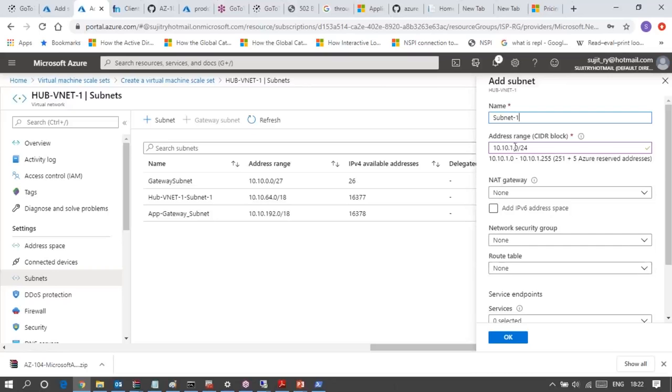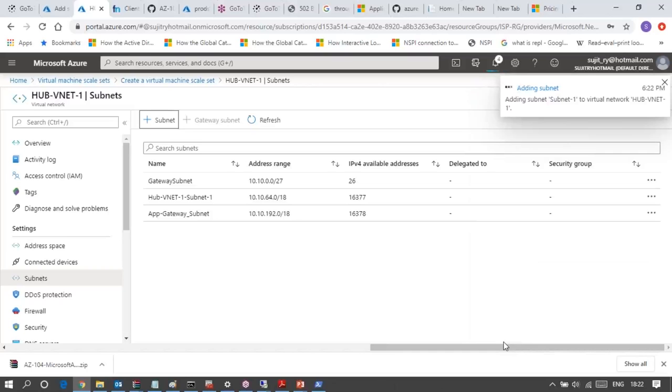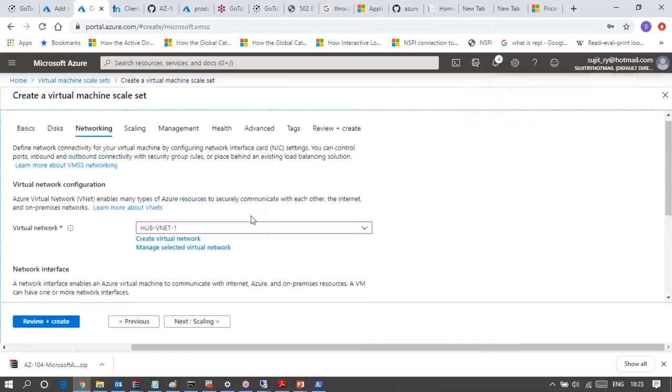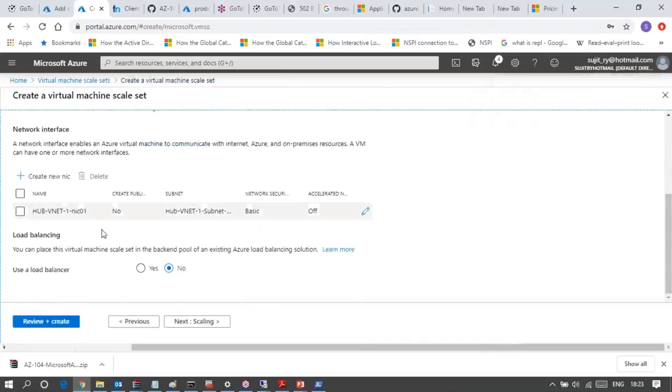Subnet one. Okay, go with the default one. And it has taken the new subnet.